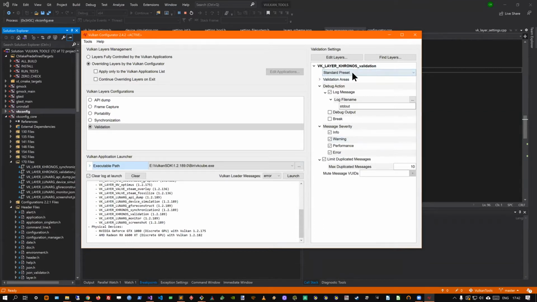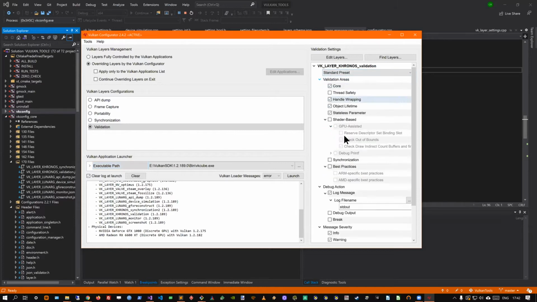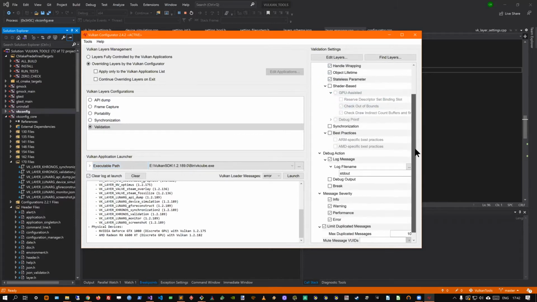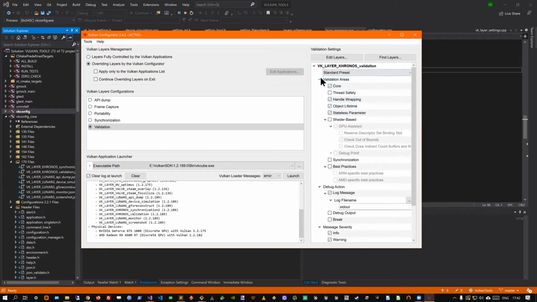So if we use this preset, the preset of a layer is a concept that expresses that the layer developer thinks there are some use cases for the layer that are important enough that we should pre-configure something, so that the user doesn't have to look at all these settings and figure out how to configure something.